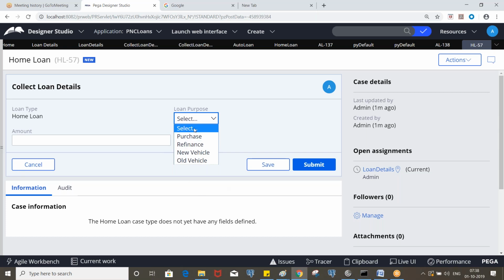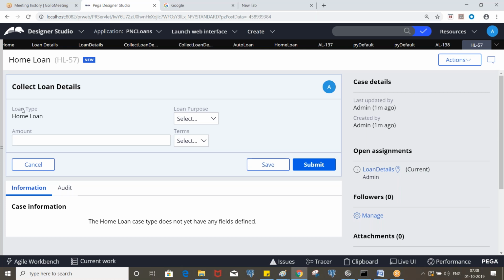We can do it, but again we need to create a separate rule, or modify the page context, like page structure, the same way as for country, state, city, where we use the clipboard page, right? In the same way we need to handle it. If we execute home loan, only purchase and refinance values should be displayed. If it is auto loan, only new vehicle and old vehicle. We will handle this later.